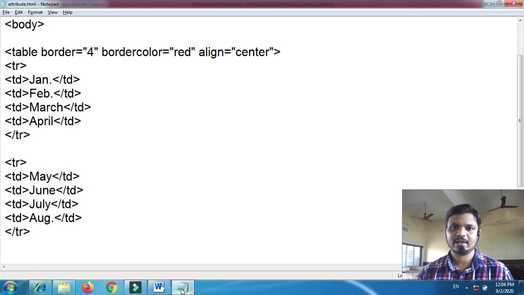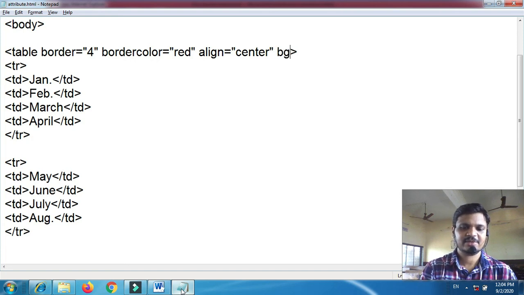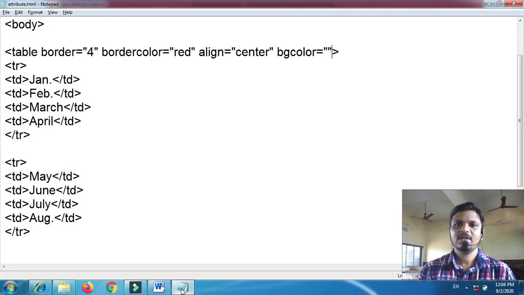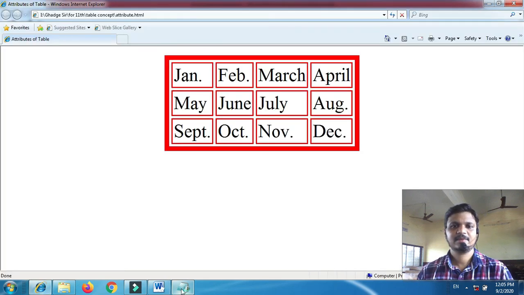So I'm going to use BG color inside the code. How to add an attribute? By giving a space. BG COLOR is equal to. These all attributes are supported by the table tag. Remember one thing. BG color is equal to, I'm going to use any light color shade. If I use tan color, it displays what?